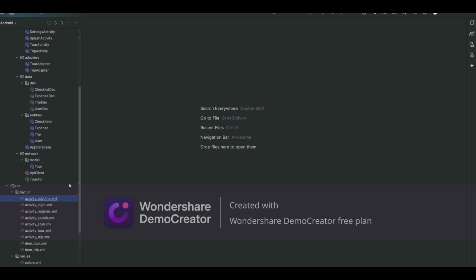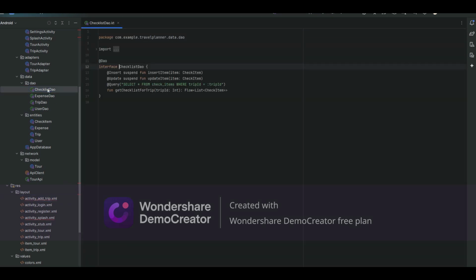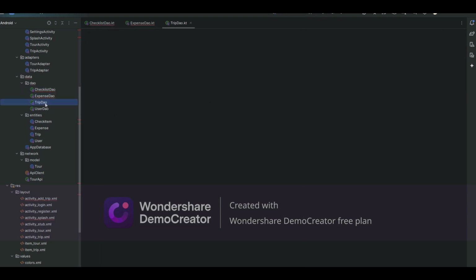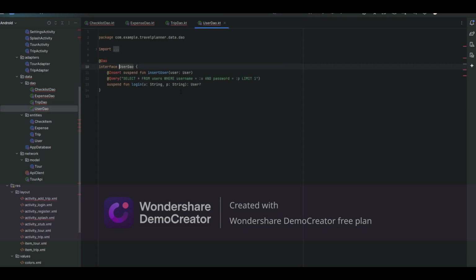Then the data layer. Here is my data checklist. We can list expenses, trip, list, user. Now I have not added the list expenses, but I just made the API data center. Next, part three is the network layer. This network layer fetches from the online API, endpoints, and is composed of models, API interface, and the API client. So now, first let's talk about